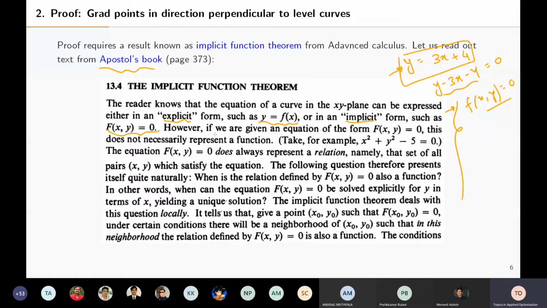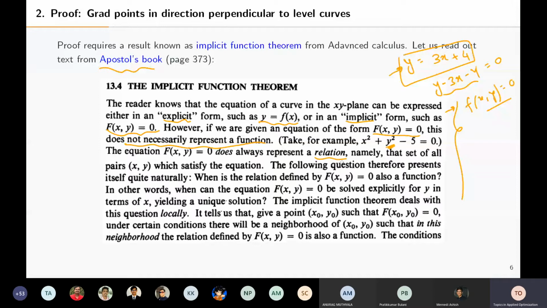So however, if we are given an equation of the form f(x,y) equal to 0, this does not necessarily represent a function. Okay, this doesn't represent it. So the moment someone gives you f(x,y) equal to 0, there is no guarantee that you can explicitly solve for y, or the more precise way to say it is that it will form a function, right? By function we mean that for a given input you have only one output, right? So those are the valid relations. If you recall the definition of a relation, then for a single input you must have a